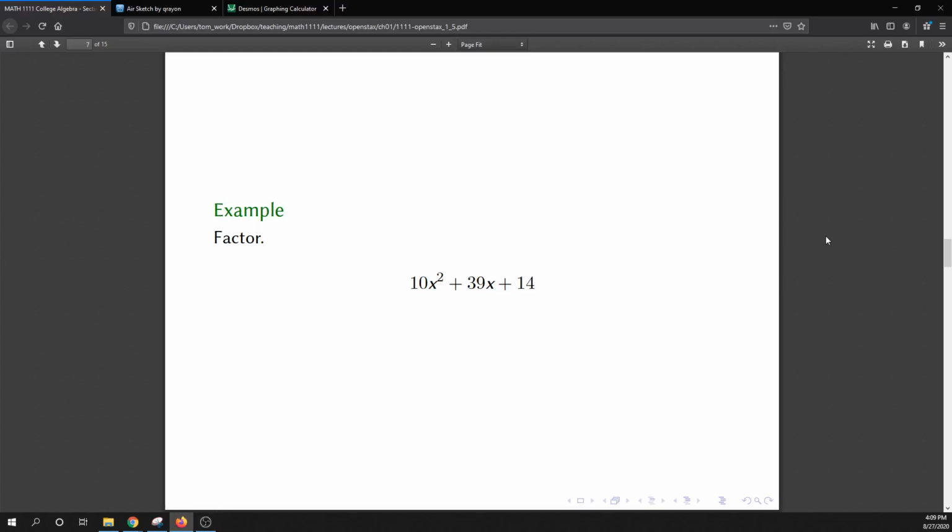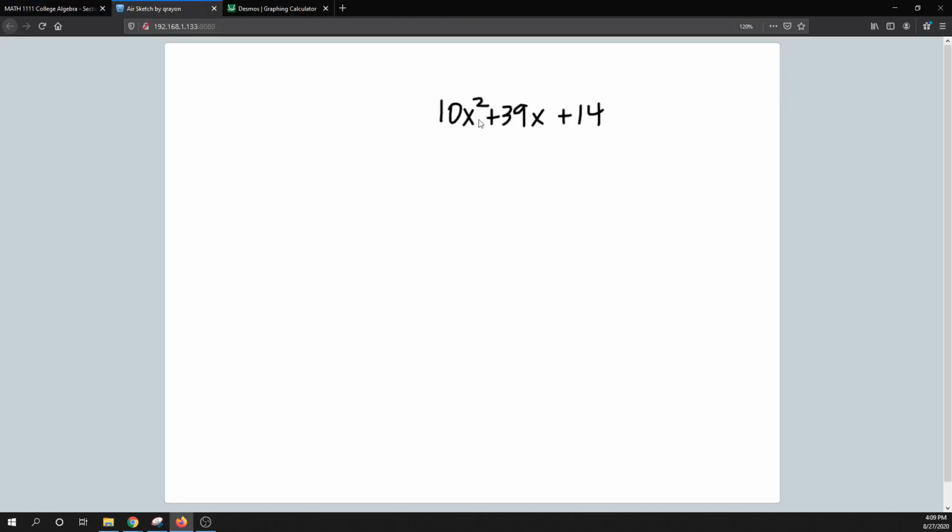All right, in this video, we are going to use the AC method to factor this trinomial. Looking at what we've got, we have this trinomial. The first step in factoring is always to remove the greatest common factor. And so looking at the greatest common factor,